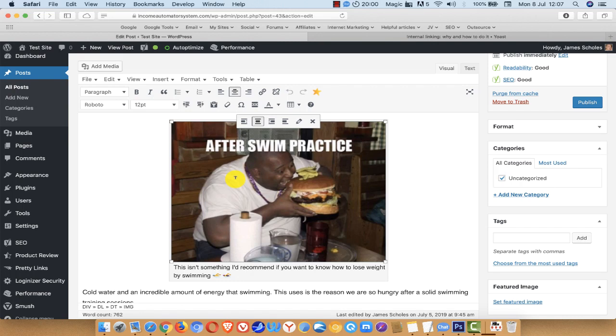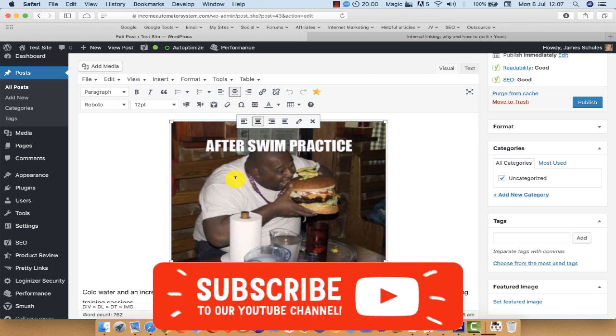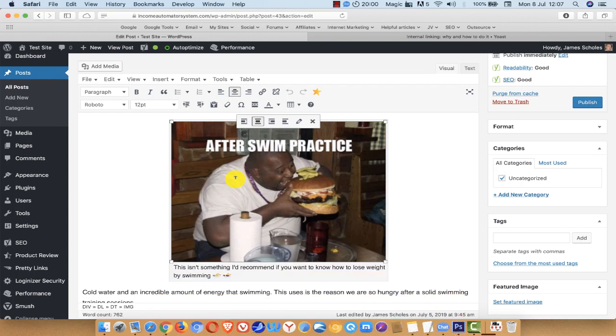Now, when you do upload an image, if you remember in the previous training where I recommended to use the Smush WordPress plugin, that will shrink the image, make it lighter, and as a result it will make it load faster for your visitors. And if you remember what I said in the previous training, the faster the loading of the page, the better the end user experience, and as a result of that, it's going to rank higher in Google. But I'm going to show you how to take it to the next level, and this is what I do personally. I don't think everyone will be able to apply what I'm about to show you, but if you can,